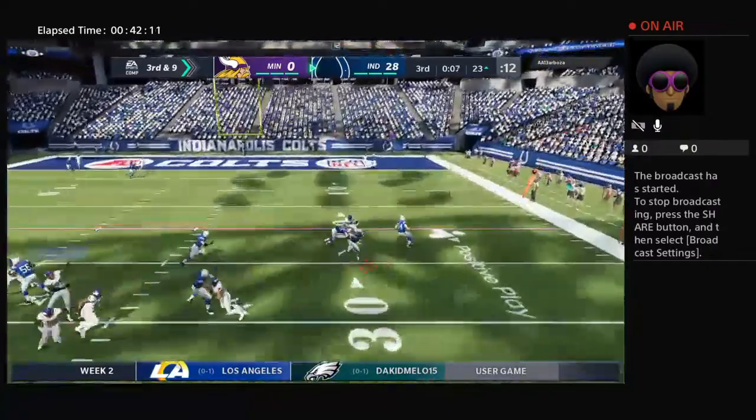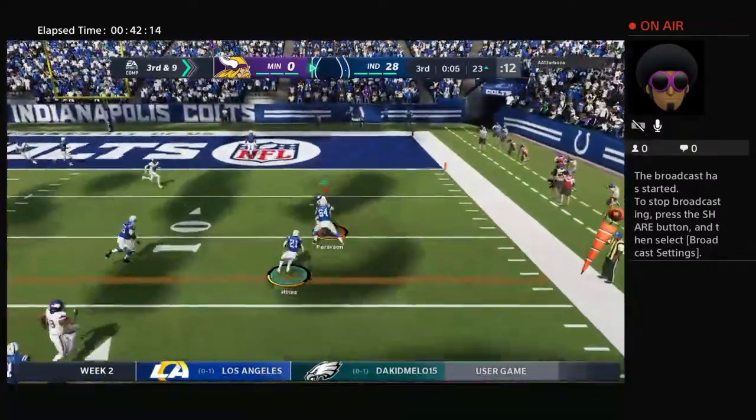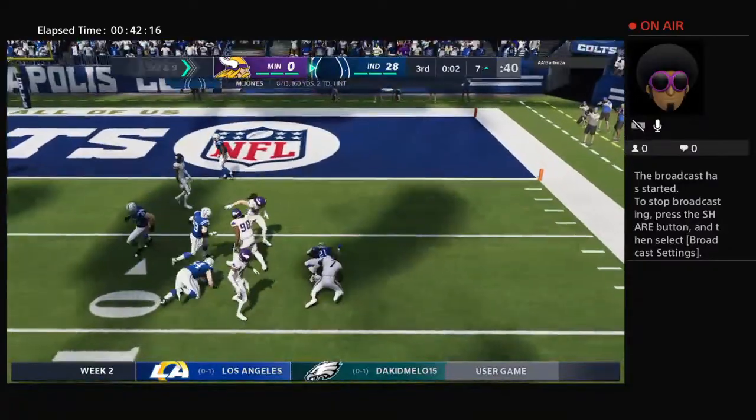They'll set up a throw. They'll try and set up the screen to Hines. And brought down, but not before they get...